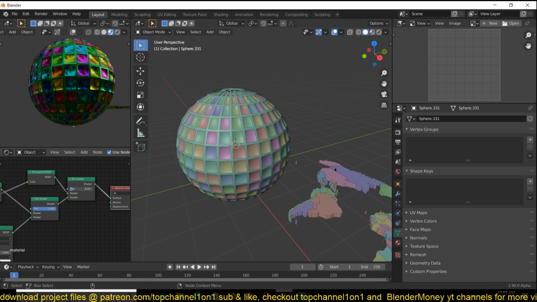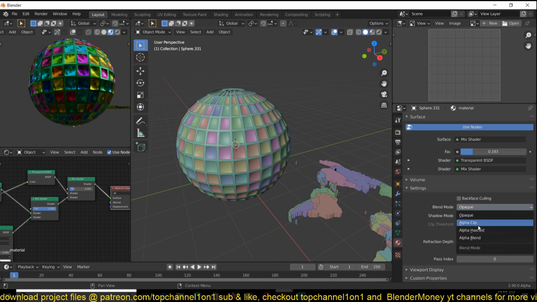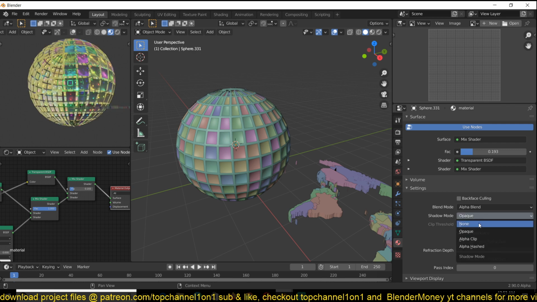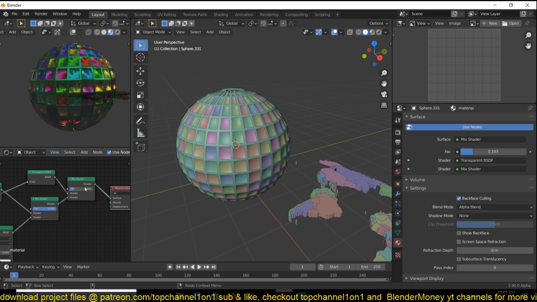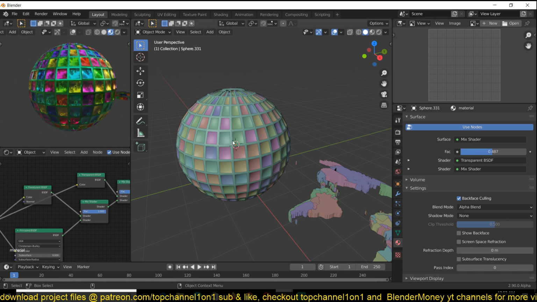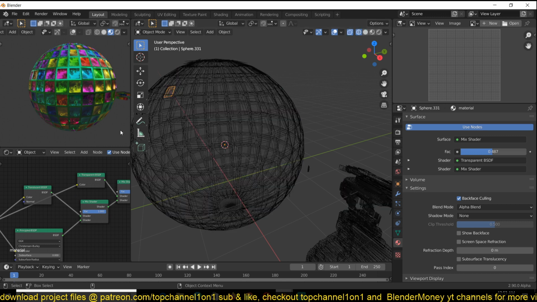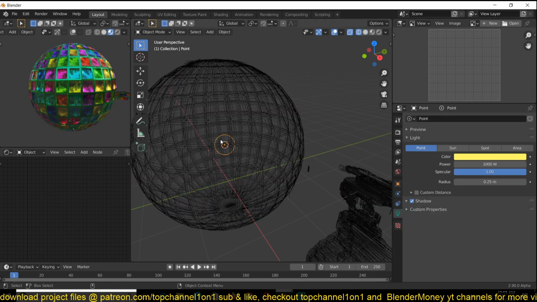Now for transparency, we would have to turn on alpha blend and turn off shadows. Then we might also try to not show back face. Now let me get my light, make it brighter maybe.